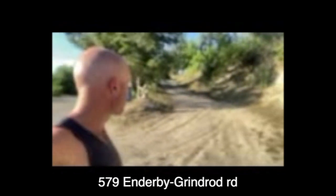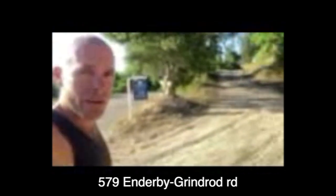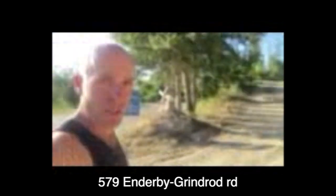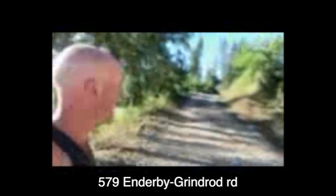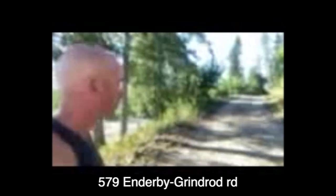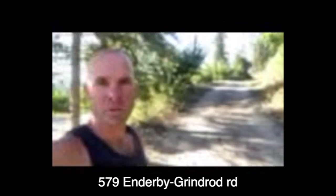Welcome to 579 Enderby Grindrod Road. Now, the grade of this driveway has been worked on. There's still a little bit of work to be done here. As you can see, the bank still needs a little bit of work to be cut back and graded, and then there's probably quite a few loads of crush just to be brought in here to allow for proper drainage